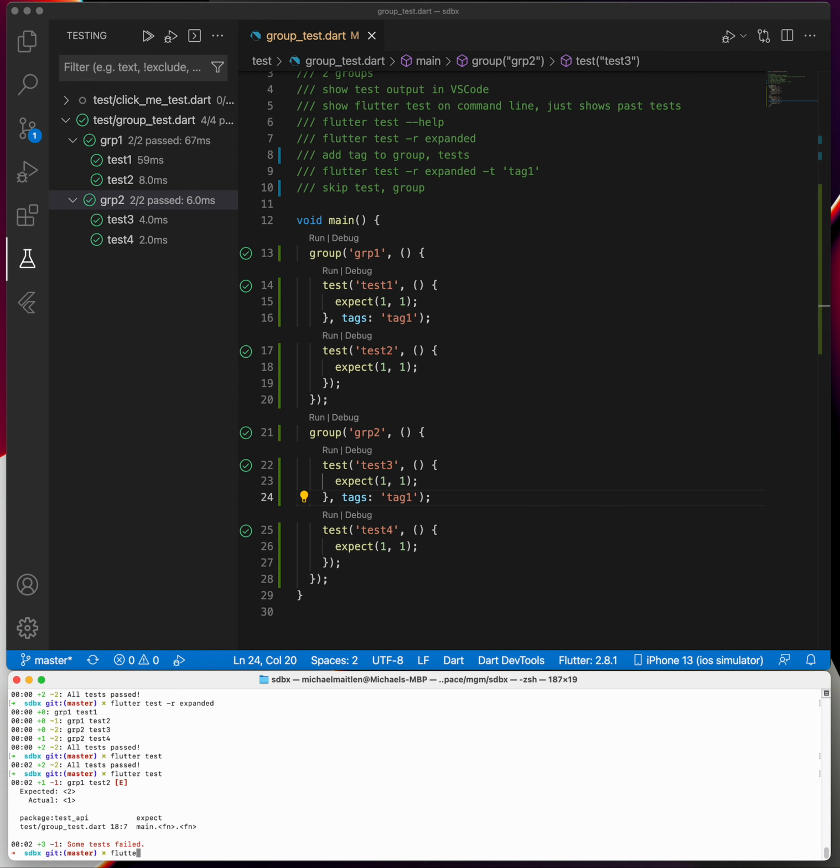So if we go flutter test -r expanded, and -t tag 1, then I can run that, and hopefully what's going to run is test 1 and test 3, right? Yes. So that's another cool way to